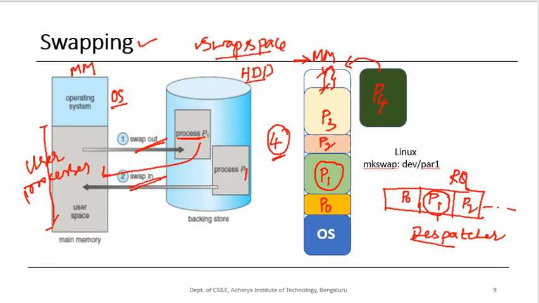So we are trying to extend this main memory with the help of this swap space, and that improves our degree of multiprogramming. It is like now running 5 programs concurrently, so that improves our degree of multiprogramming and hence the performance of the system. In Linux, to create this swap space, we have a command called mkswap that will allow the user to create a swap space where processes are kept temporarily.